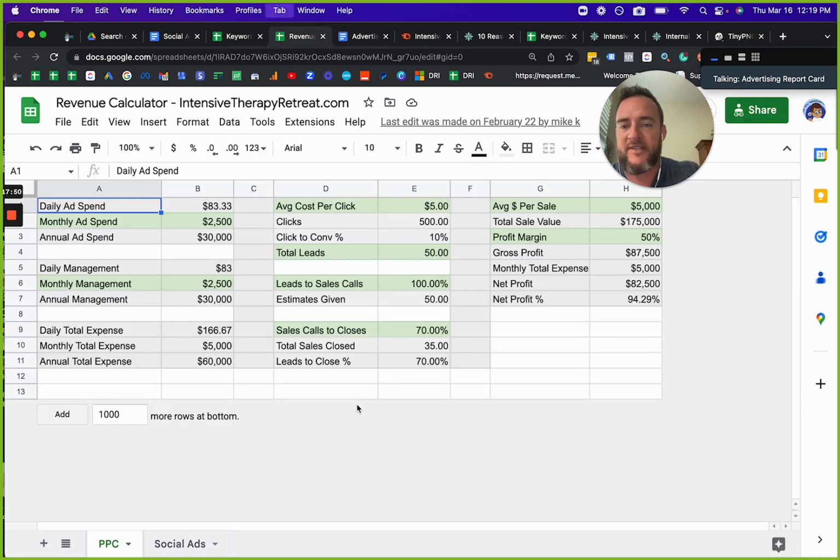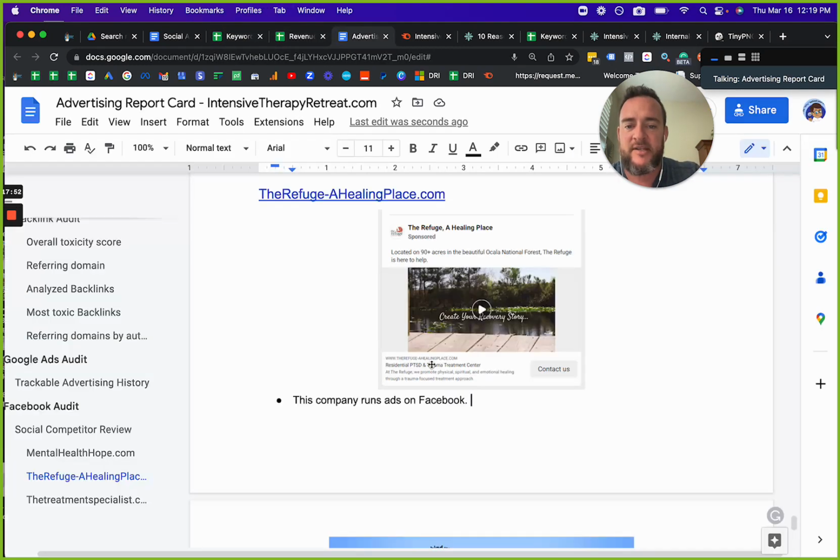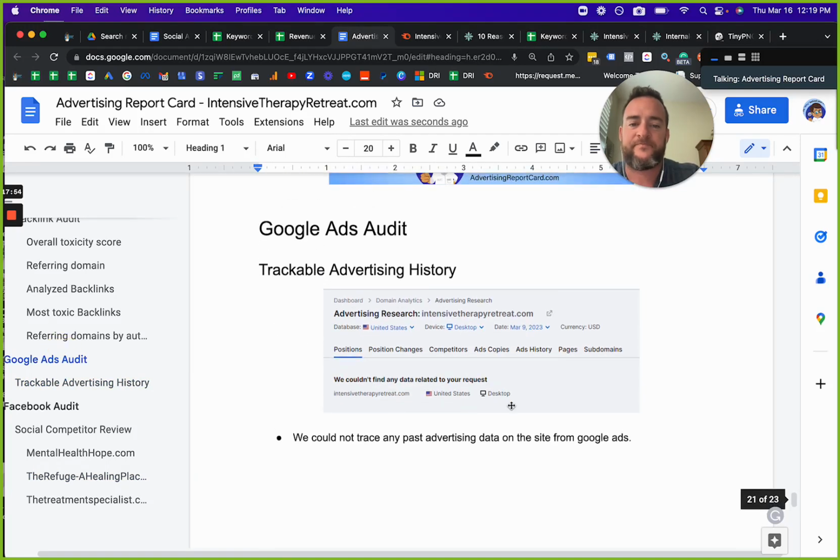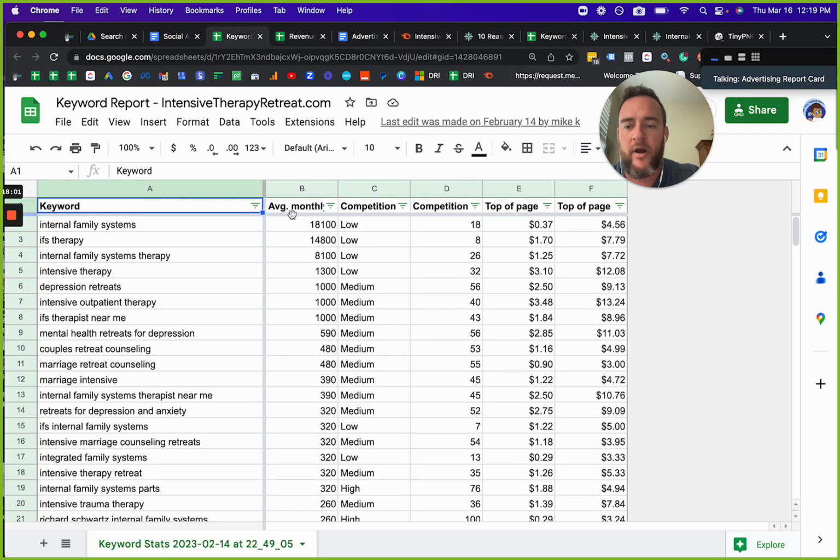So with that being said, the main thing on PPC, so we're going to go back up to this section here. We weren't able to track anything historically on this, but what we did want to talk about was what we pulled up on everything that we found online and try to get an average top of page bid so that we can have a cost per click for what you can expect, and then from that we can reverse engineer what the expectation should be when you're trying to drive a lead for these services.